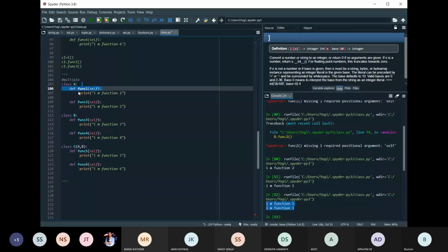Now, what do I mean by method resolution order? Suppose I have taken class A, this is my parent class in which I have declared two functions, 1 and 2, right? And then I have taken a second class B in which we have two functions, 3 and 4. Okay, then class C is inheriting the property of A and B. Okay, so now look here.